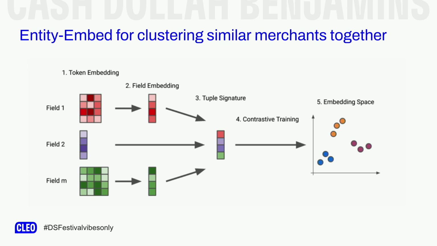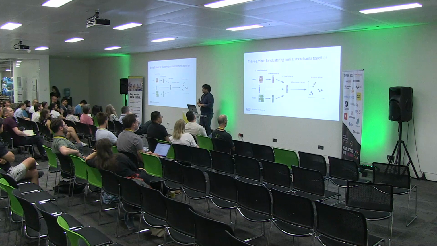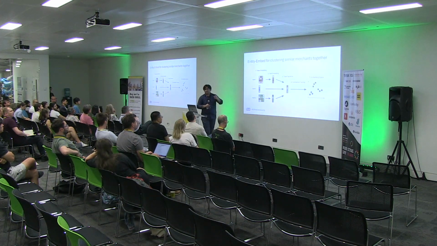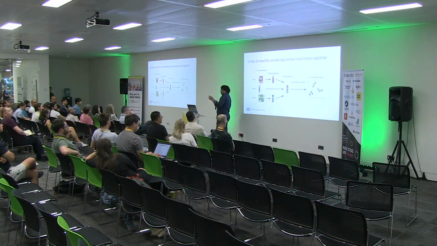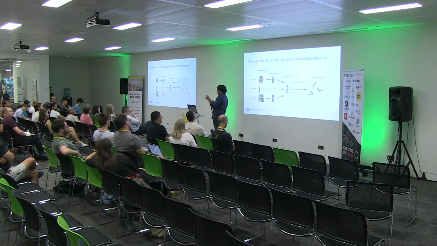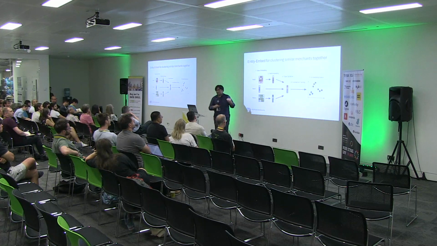So what it does, it's a multi-attribute matching algorithm. You could have different attributes for a particular entity, like for a merchant, you could have name, maybe an average amount. And then for each attribute, you have token level embeddings, which are combined together to form an attribute level embedding, and then they are concatenated together to form a tuple or row based on a particular merchant.